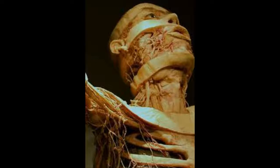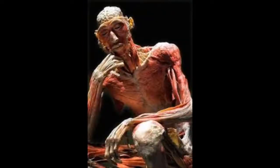The process of polymer preservation: 1. A human specimen is temporarily preserved to stop decay. 2. The specimen is dissected to feature specific systems and structures. 3. The dissection is immersed in acetone to evacuate all body water. 4. Dehydrated, the specimen is placed in a silicone polymer bath and sealed in a vacuum chamber. 5. Under vacuum pressure,